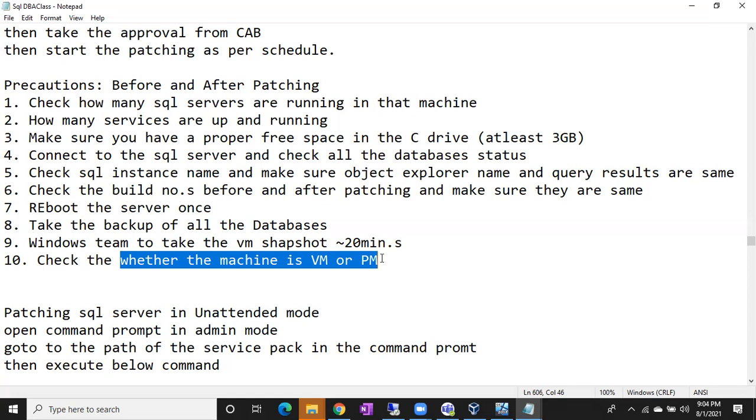Anyone from the Windows team has to go to the office location. He has to check the data center, he has to check the server, and he has to go to the server physically, check where it was stuck, and fix that issue. Then only the server will be up and running, and then only can you patch it again.